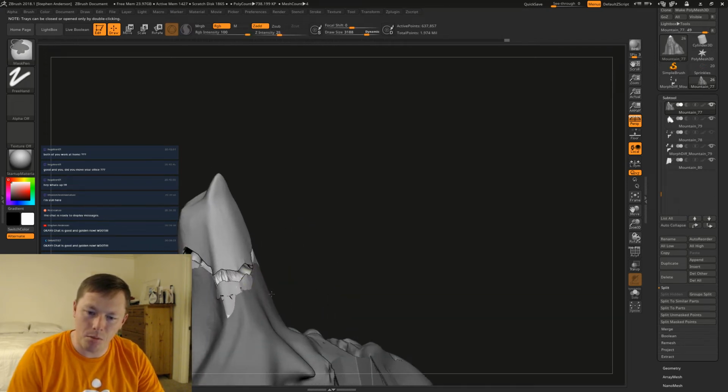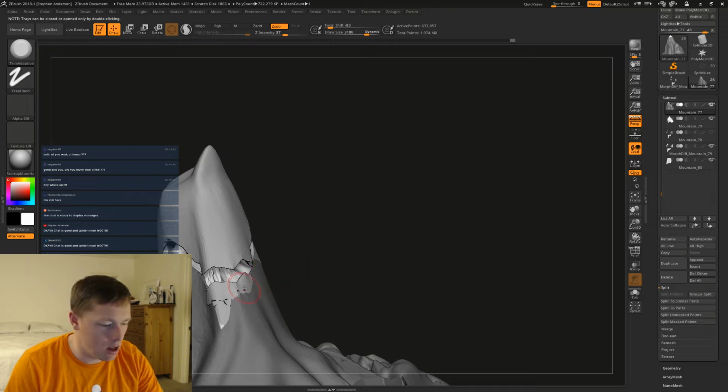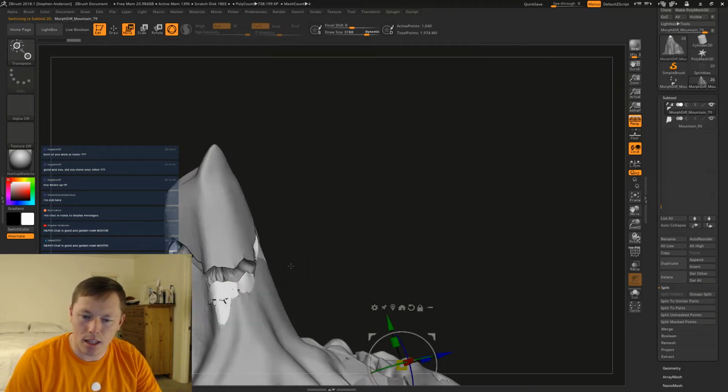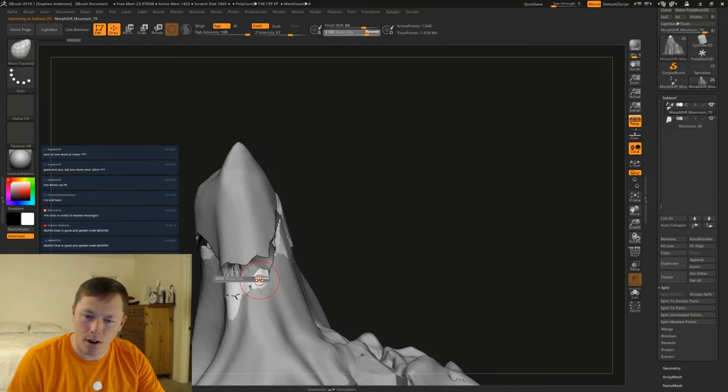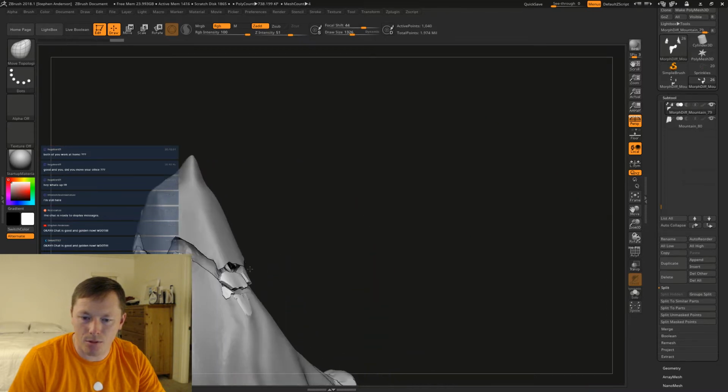It's starting to get much more of the effect that I'm wanting. Let's get this other piece out here. I'm just going to grab this with my move topological. I'm going to turn off dynamic. You see it got really, really big. We're just going to tear these pieces off and make them float some.